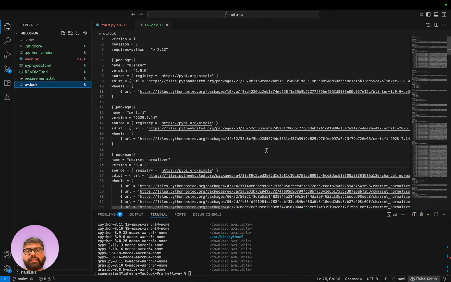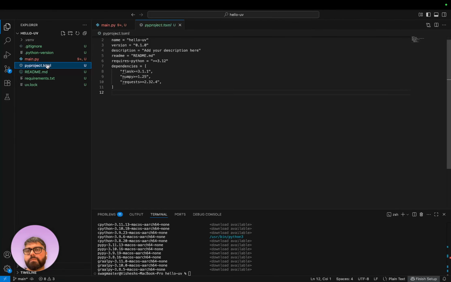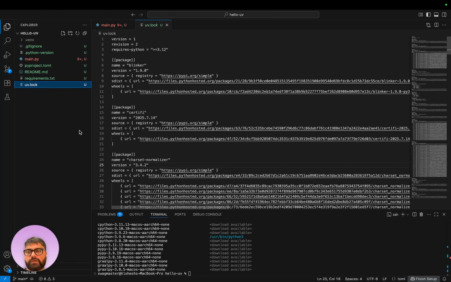So a key distinction, and I think this is more a general distinction in package managers, like npm, which are also package managers for other languages. The pyproject and uv.lock are like the requirements file and the lock file essentially.